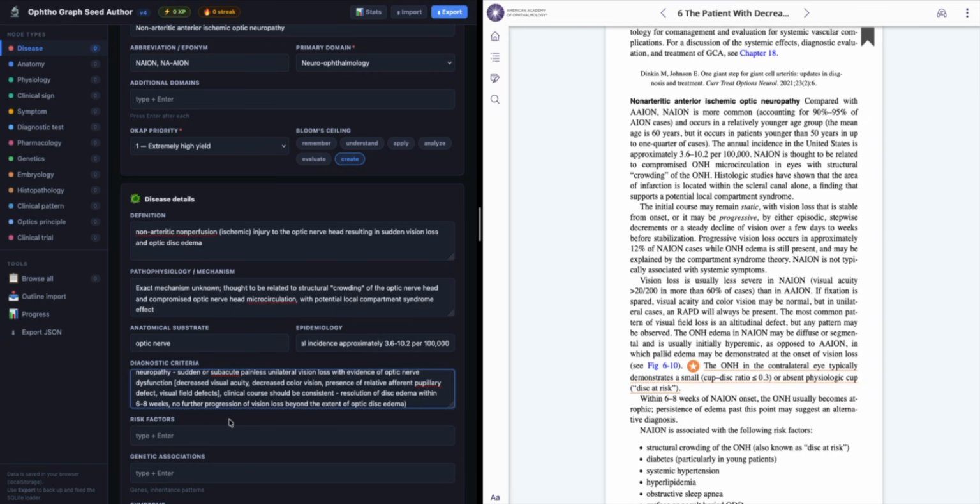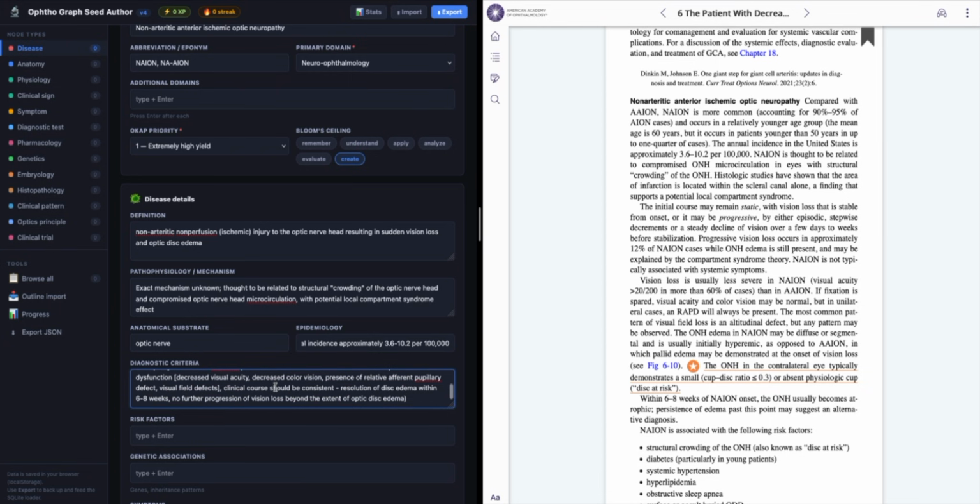All right, and then I'll put that part in parentheses, right? But then the other areas of diagnosis of exclusion. And again,